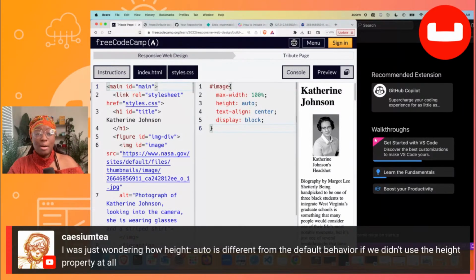Appreciate you always. But this is the fun of HTML and CSS. It's about exploration. It's about seeing what I can tweak in order to make it do X, or if I were to tweak this, would it have any impact at all? Excellent point. For this, we have the height auto because they said we have to have a height property on this. But when you're building this out, look and see in what ways you can swap out the CSS in order to see some really significant changes